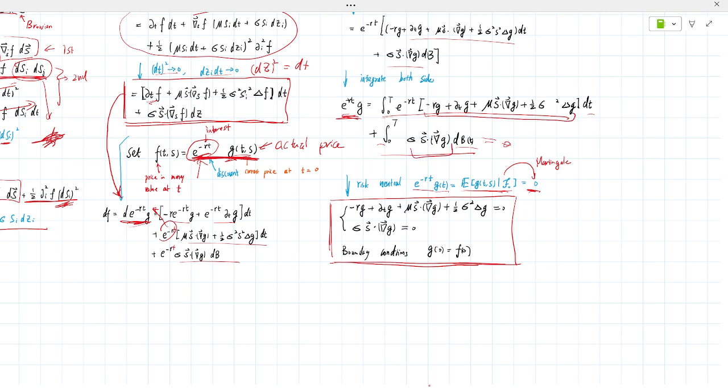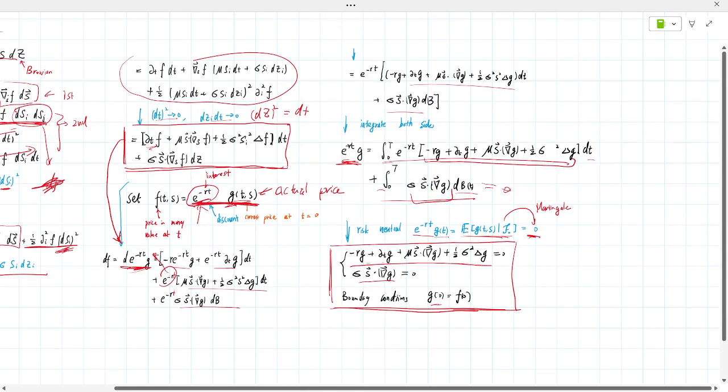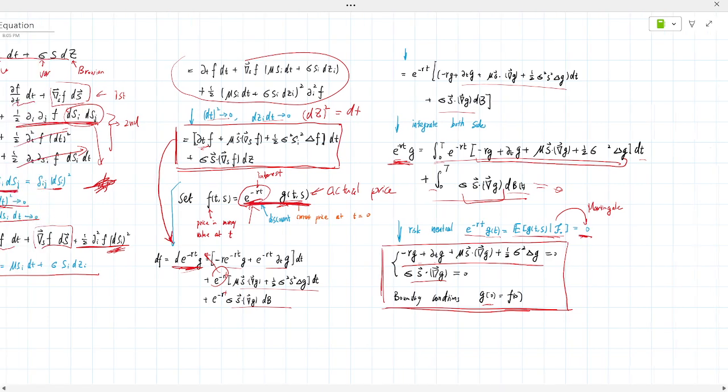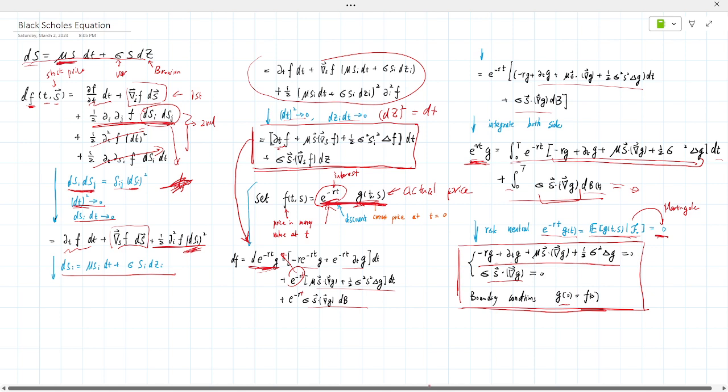Then we're left with those two equations equal to 0 with a boundary condition, where f equals g, essentially the price at the starting time, as a function of the price at the starting time, where f and g are derivatives, because essentially it can be a derivative in the sense that it's a function of time and stock